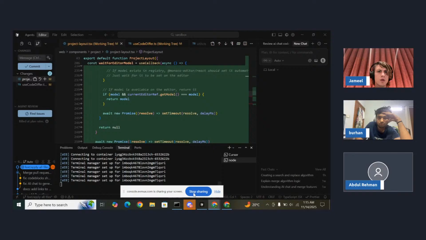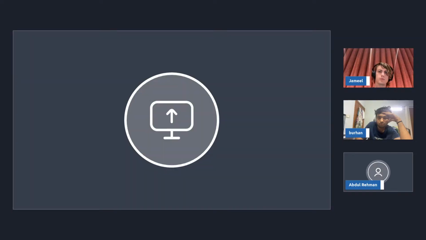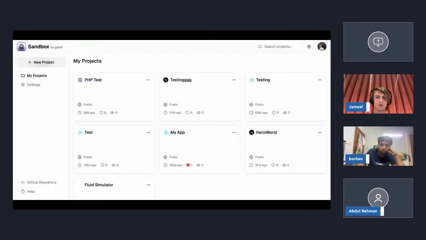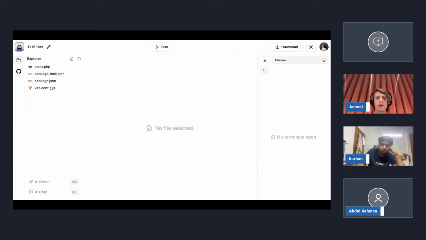After this commit, I will move to the apply all button that should allow us to accept multiple file changes. Okay. Thank you, Abdul, very much. So for the next step, you're going to add the apply all button. Are you going to make that in the chat, or are you going to make it